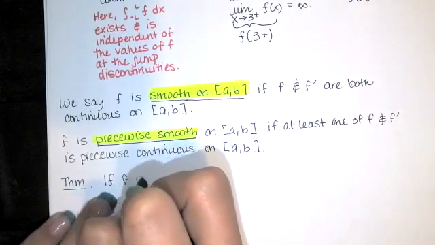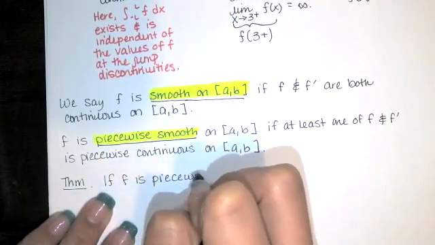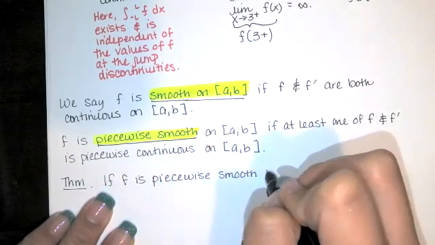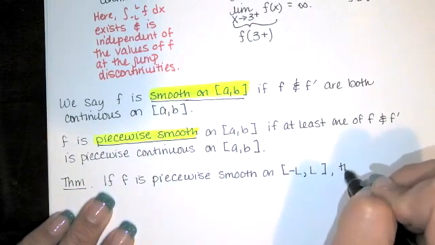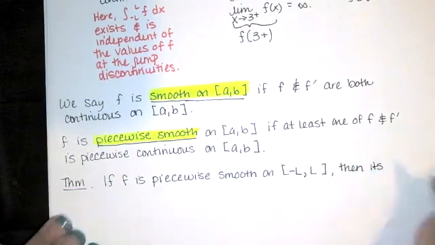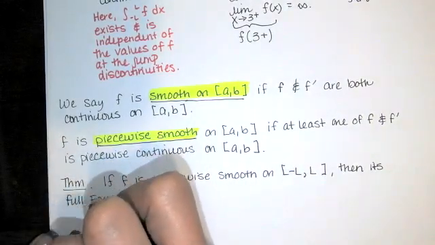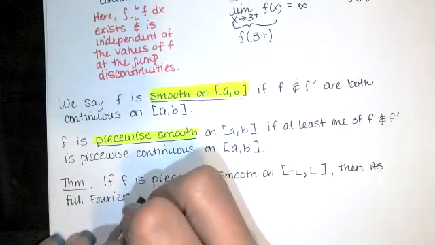If f is piecewise smooth on the interval from negative L to L, then its full Fourier series, and we say full Fourier series because we're going to talk about cosine series and sine series later,